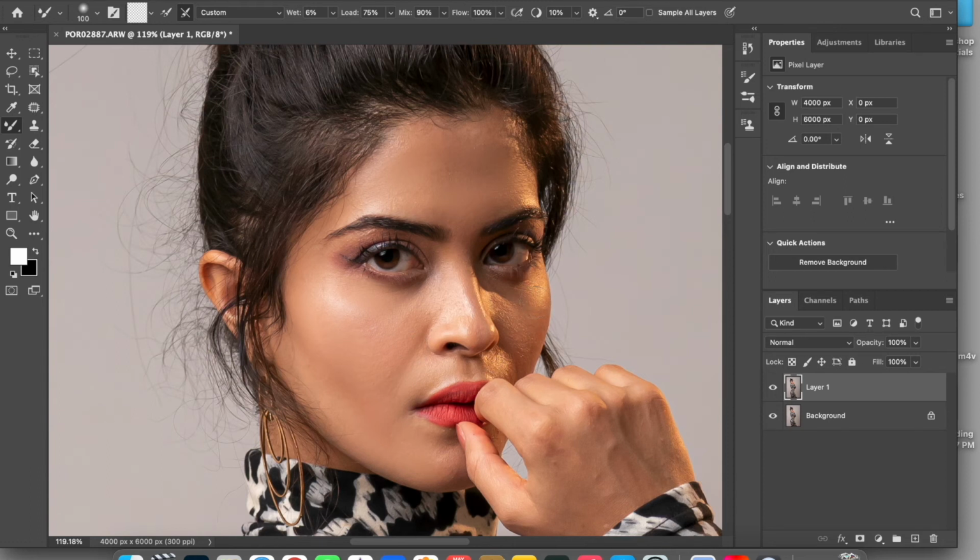So you can see on my screen how I keep the photo at a distance so that I can first work on the bigger areas, and once I am done with the bigger areas, I will start working on the edges. So now I'm done with the bigger area.